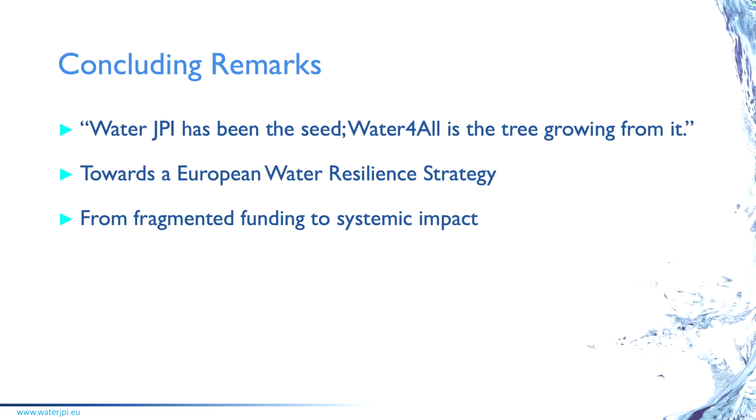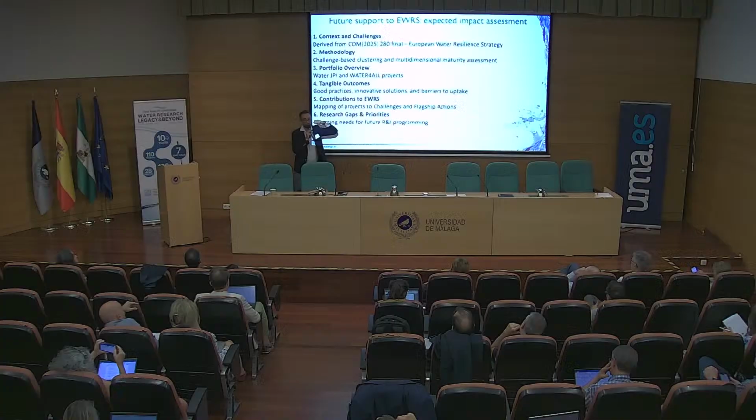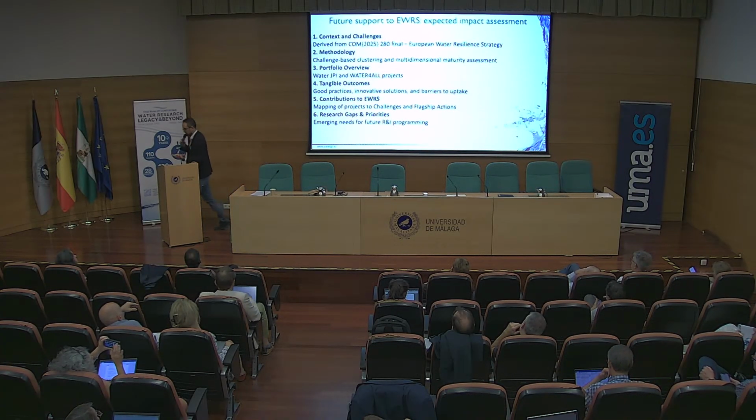Most likely the most interesting activity ongoing is the water resilience strategy. Next year, in the second semester, we will have the research and innovation agenda of the water resilience strategy. Ideally, we can support this agenda by delivering a similar analysis to the one we did for Horizon, also for Water JPI. Here I reported the structure of the report that we did for Horizon, and this is a proposal for the future: to focus on the water resilience strategy, with challenge-based clustering where the challenges are not the ones of the SRIAs, but the ones of the resilience strategy,